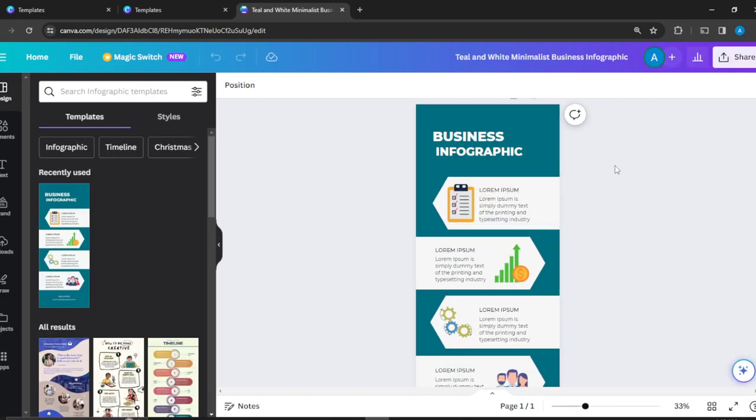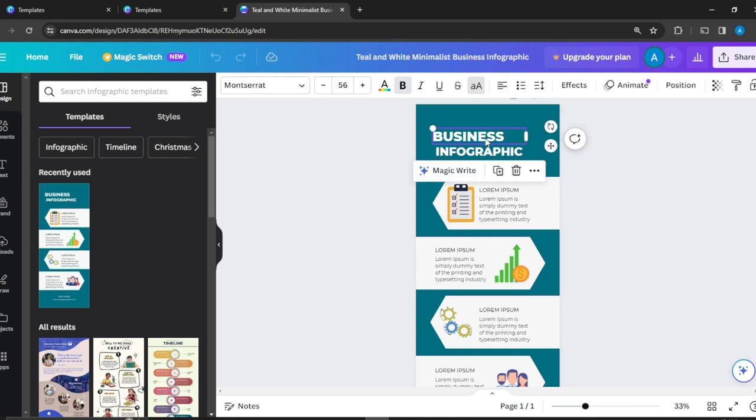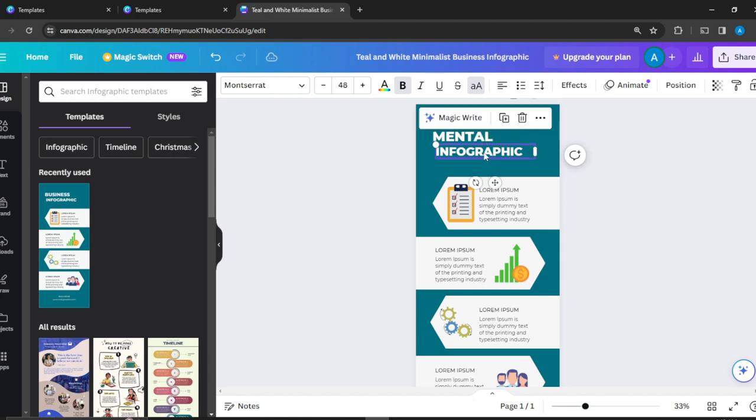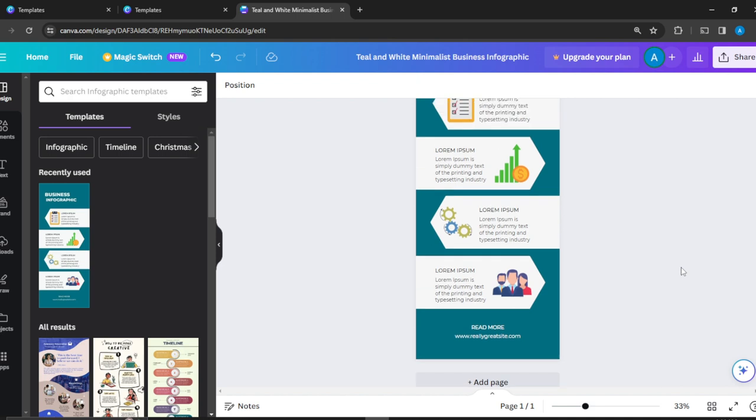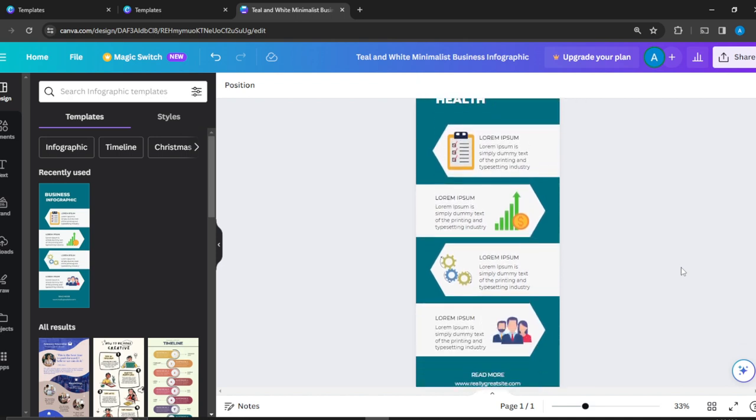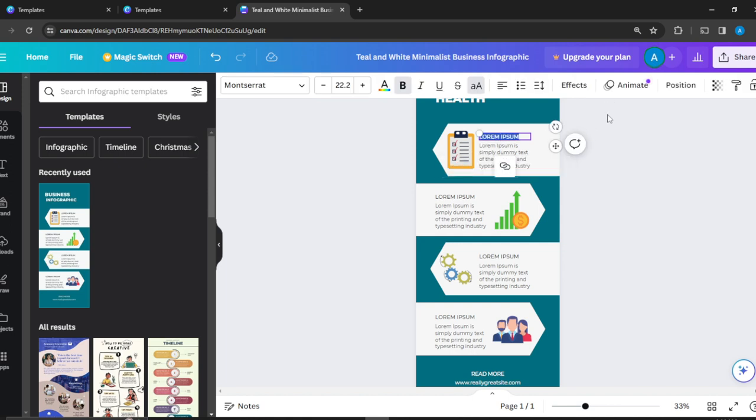I'm just going to spread this apart so that I can see it clearly. So this business infographics, right? It's for blog, and let's say double click to change wordings. Health. Okay, so I may not really have time to actually edit all of this, but then you can just come over here and double click and change it to what you want. All right, be good. You can change this to